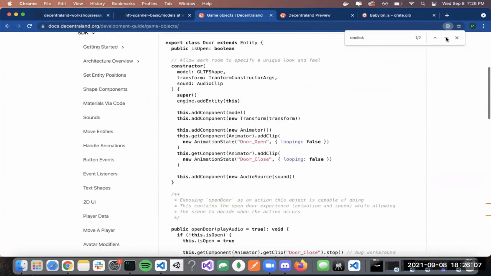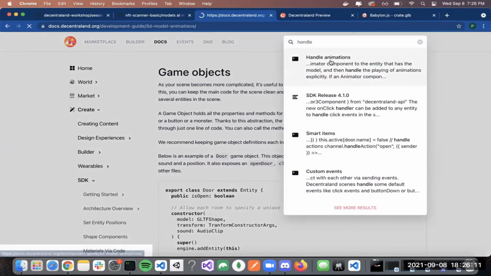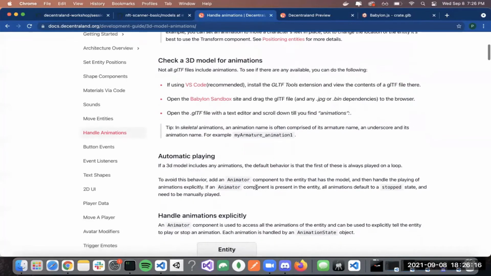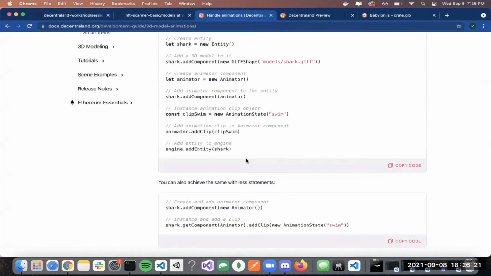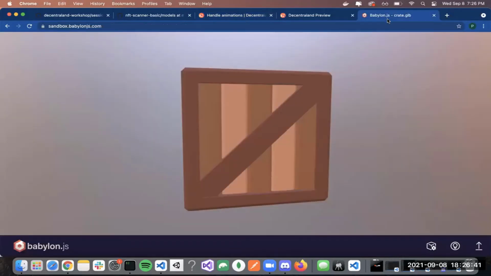So let's go back to the docs. And let's do, what was it, handle animations, right? Getting familiar with these docs is really important. I could have just typed it up, and actually on another screen I have it already handy, but what's the point? We have to learn how to use these docs, find the flaws in these docs, and make them better. So here we have our animator. They added the specific animator to the component, and there's a different animation state. So when we were in Babylon.js,